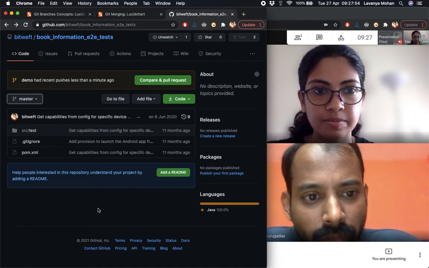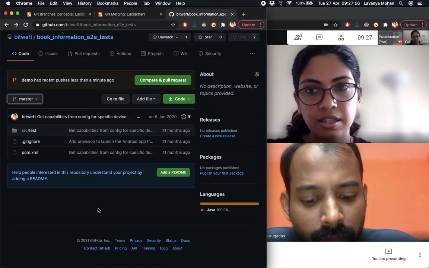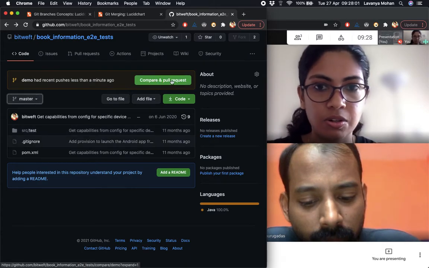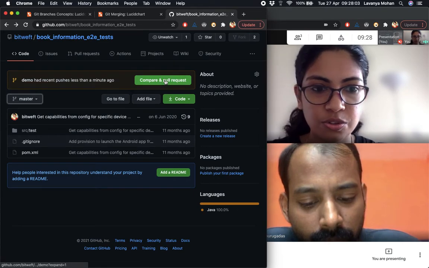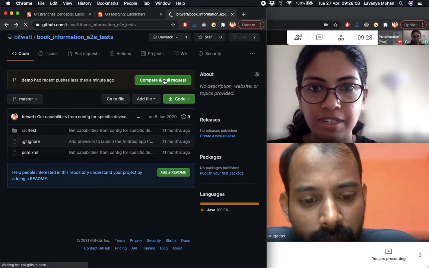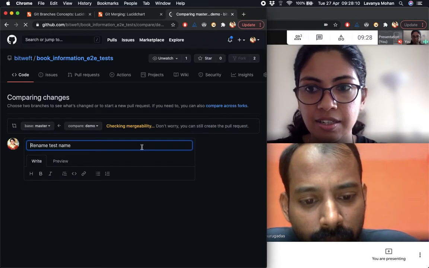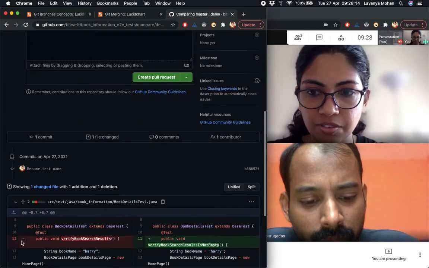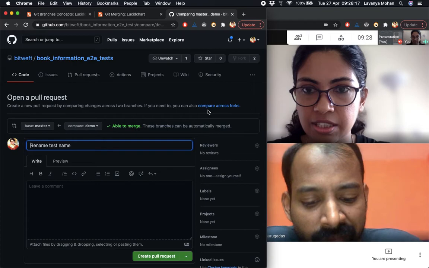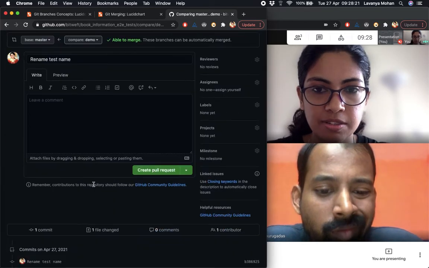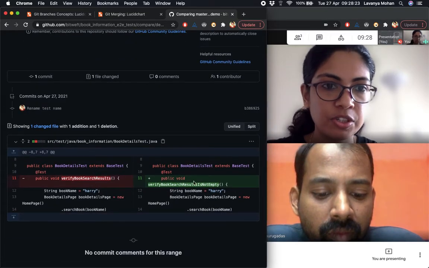And say that, hey, now our app should actually use all these changes. So what we can do is, GitHub and GitLab and all these different tools actually allow us to do this via UI as well, where we can just create a pull request. If I pressed this, it would create a pull request with all these diffs, and it would say that I want to merge these changes to master branch, from demo to master.